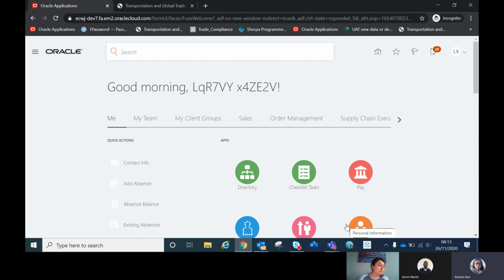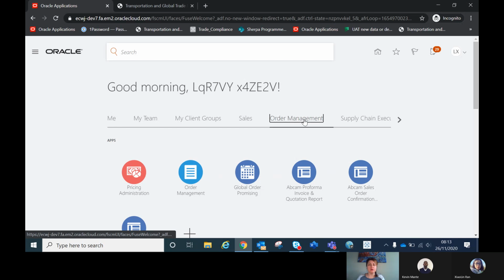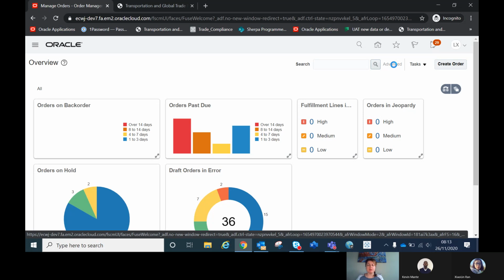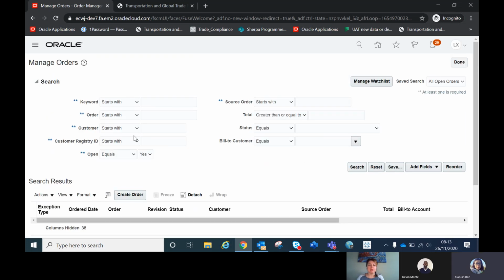So again, you log into the main homepage of the Oracle application, go to order management, and then click order management here. Here is the search field, if we know exactly which order we are looking for. And if we click advanced, it should show us everything it has. So if we leave everything empty and just do search,